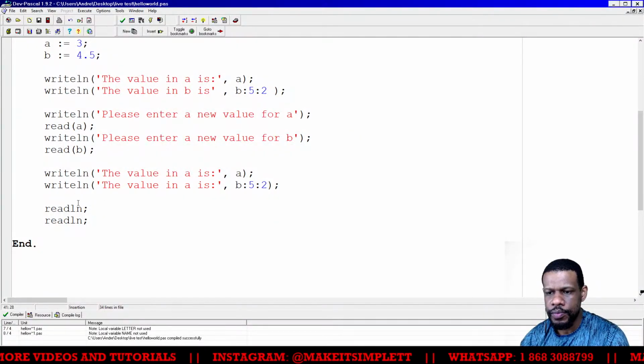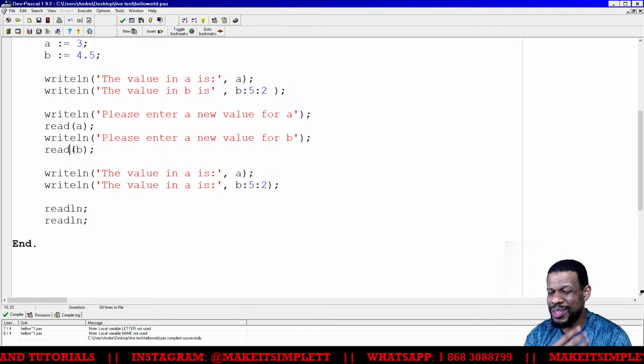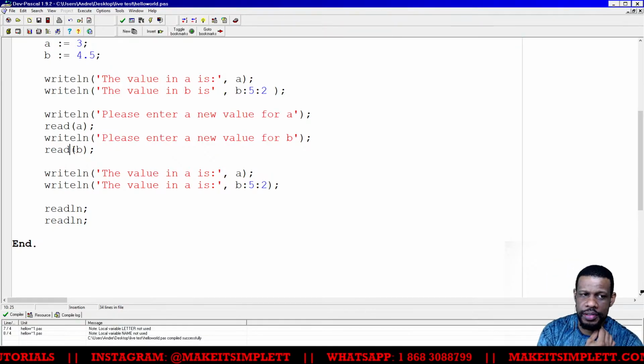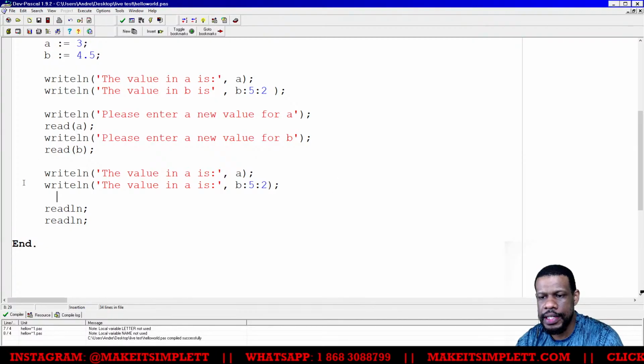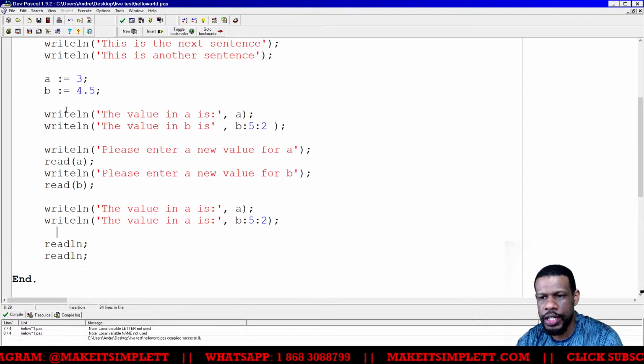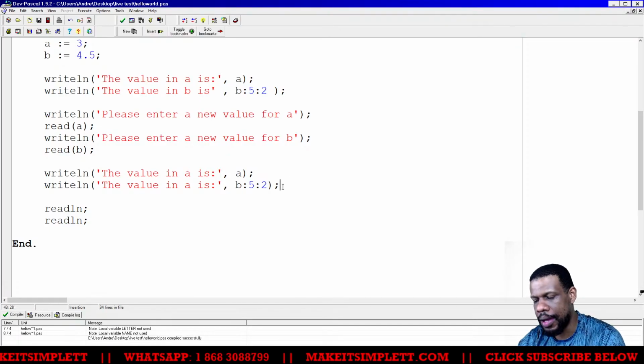And that is reading. Right? Now, you could put read or readline, both of them will work depending on the type of compiler you use. You know, life might give you some problems, but that's okay. All right, so that is the basics of reading and writing. If you have any questions, ask in the chat. If you don't have any questions, I am going to move on.